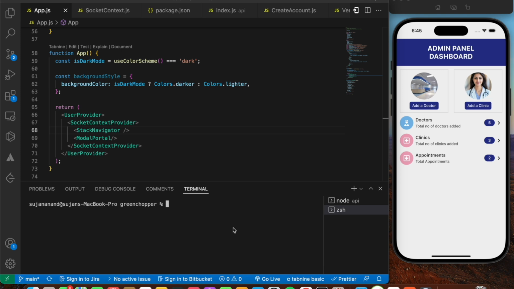So in this video, we'll be building a full stack admin panel dashboard in React Native using MongoDB as the